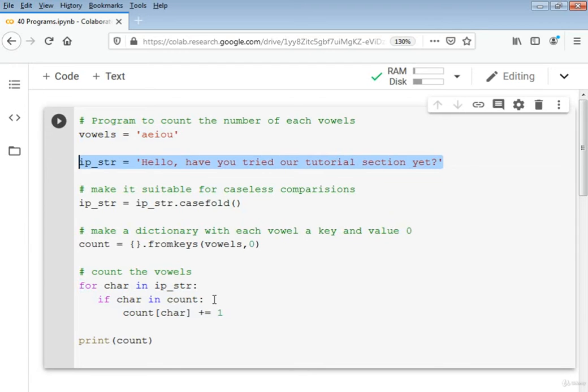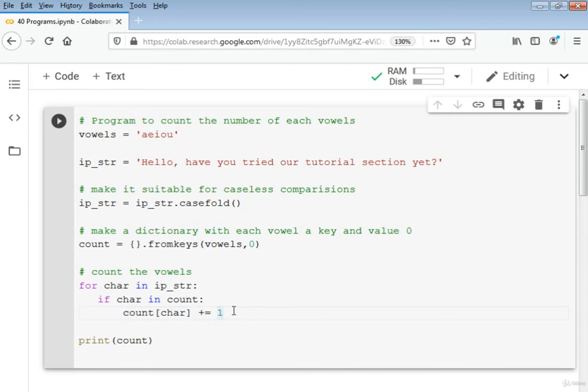If these vowel characters are in the string, then if character in count, then count[character] plus 1 is equal to 1. So here we will continue to add plus 1, plus 1, plus 1. If we find the character, we will continue to add plus 1 in the total value of a particular key.